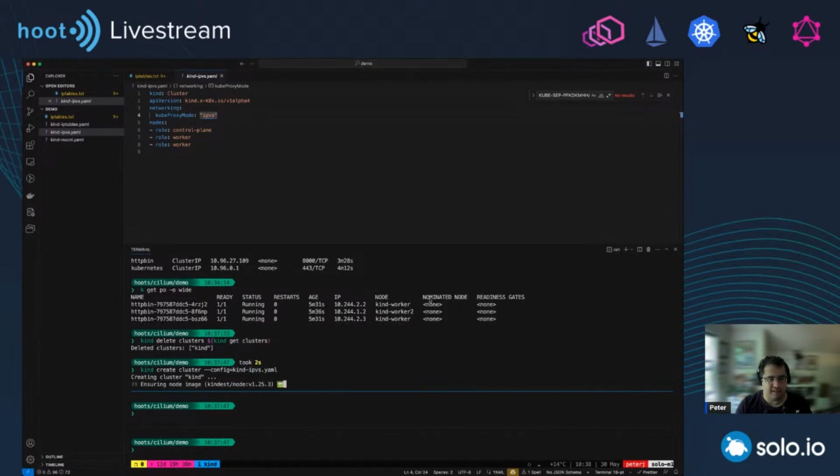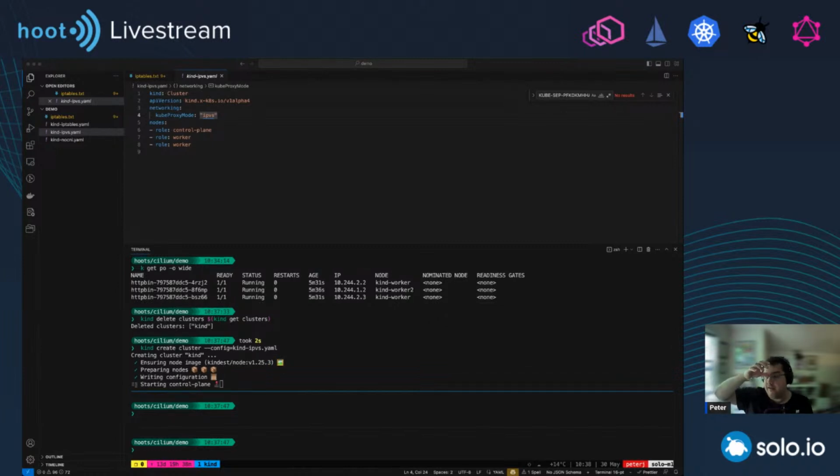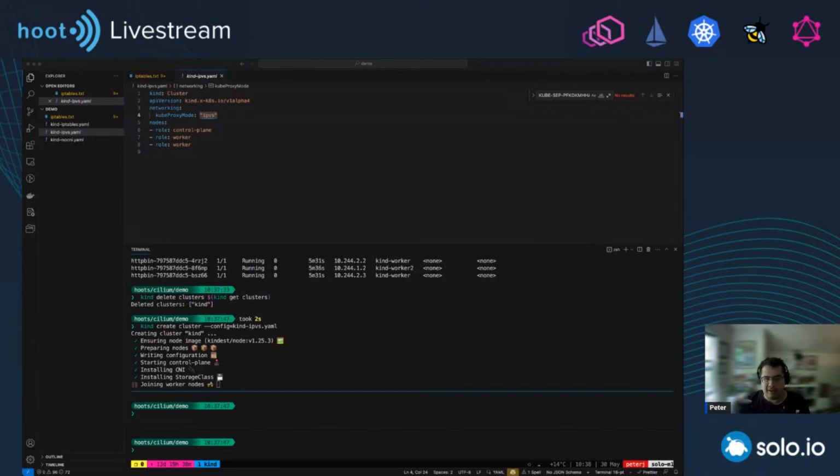So let's set this up, and then I'll do the same thing. I'll deploy the httpbin, scale it up, and then we'll quickly look at the iptables rules, and you'll see that there are significantly fewer entries there because a lot of the IP stuff is solved by IPVS and IP sets.